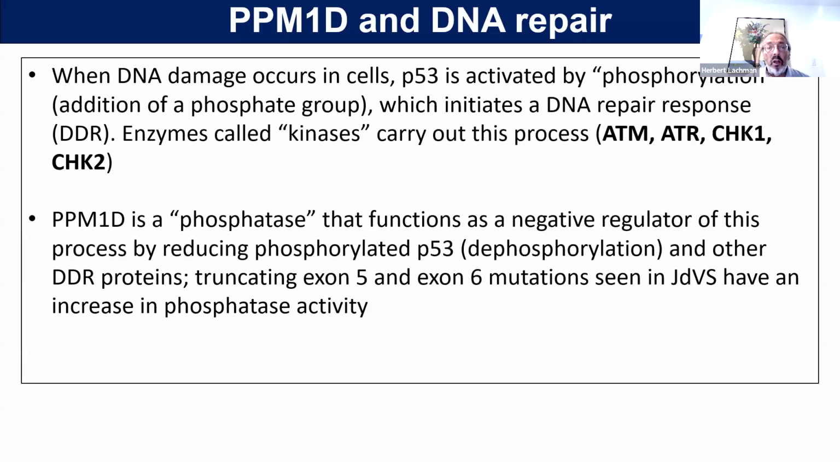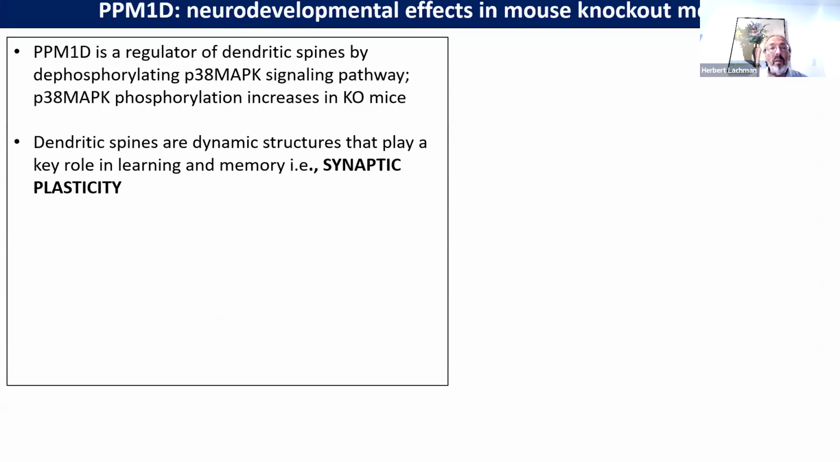And in patients with truncating exon 5 and exon 6 mutations, as seen in Jansen-de Vries syndrome, there's an increase in phosphatase activity. Now, PPM1D also dephosphorylates other proteins. One of them is p38 MAP kinase, which is a protein that's involved in